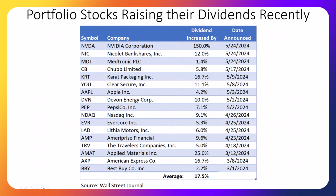On this slide, we're looking at stocks in our portfolio that have raised their dividends recently. The holy grail of investing in dividend-paying stocks is to have the portfolio generate enough dividends to cover your annual expenses, a level I've reached despite being on a teacher salary. Historically, dividend-paying stocks raise their dividends about 5 to 6% per year, which is above the historical rate of inflation. This means a stock portfolio can produce the ultimate passive income stream, that being one that increases each year above